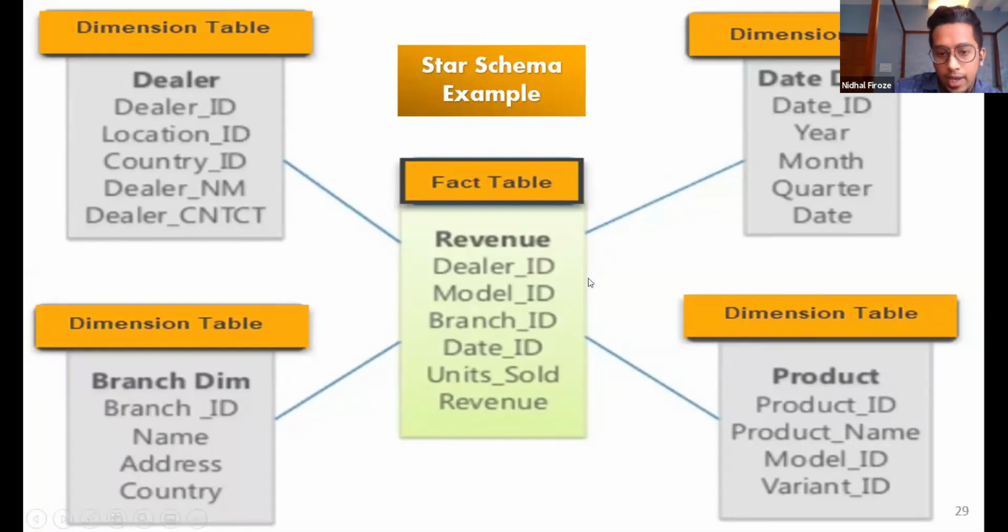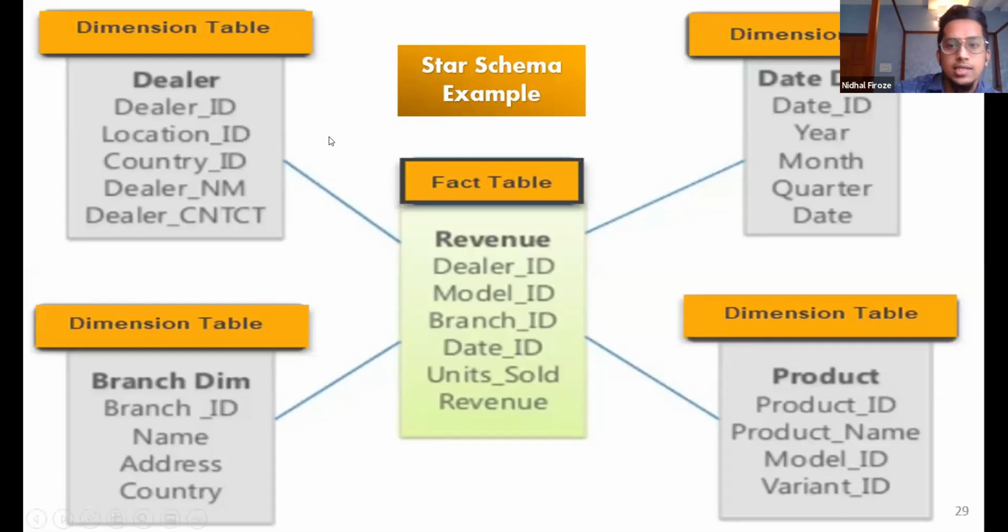Now, when you are creating this kind of a relationship in Power BI, if you want a filter that's applied in this dimension table, on this dealer ID, to also get applied on this dimension table, that's when you will use cross-filter direction as both. In both directions, it will work as a filter. If it is single, then when I apply a filter, for example, dealer ID is ABC123, that data will get filtered in this table, but it won't get filtered in any of the other tables. That's where a single direction filter will not work.